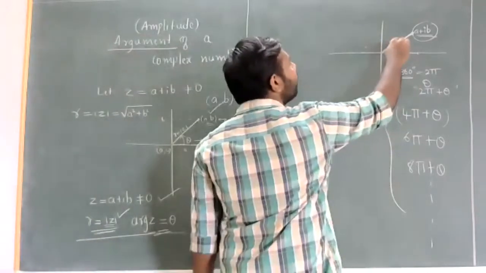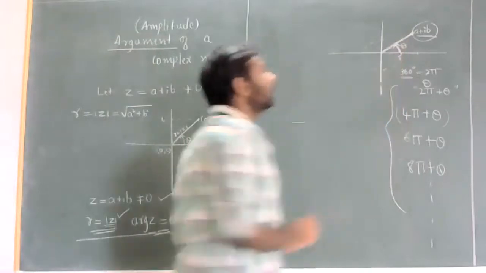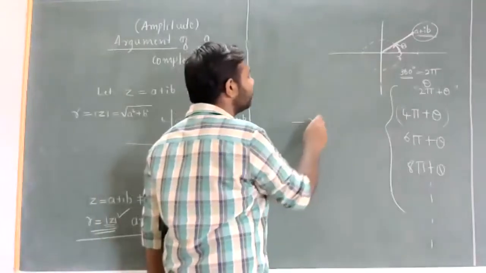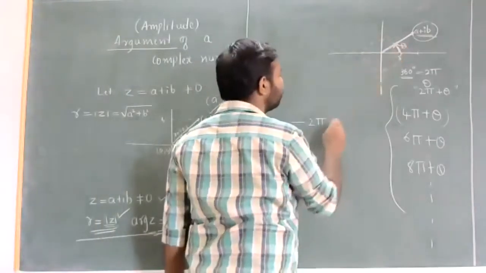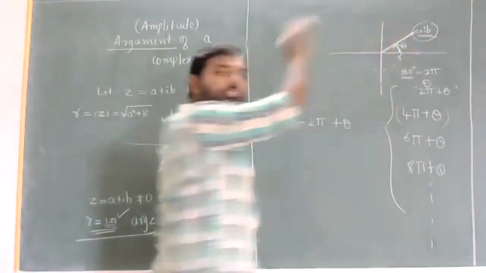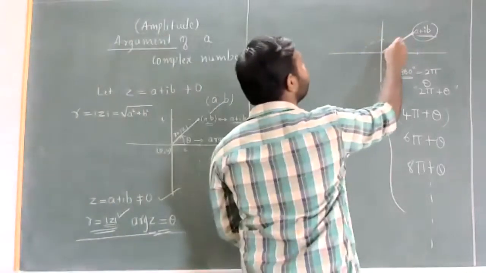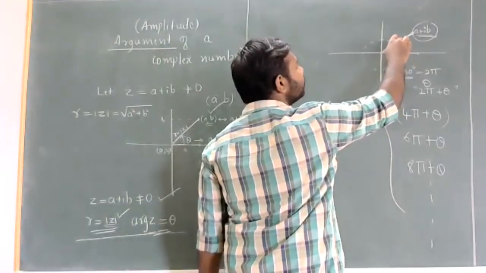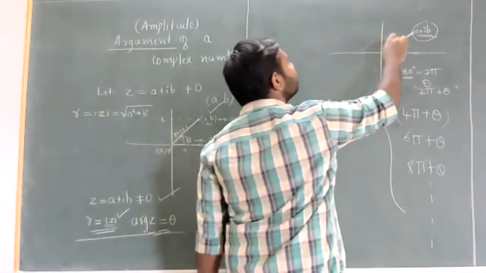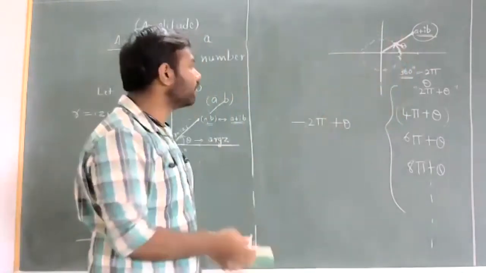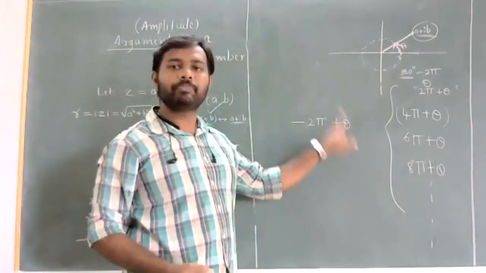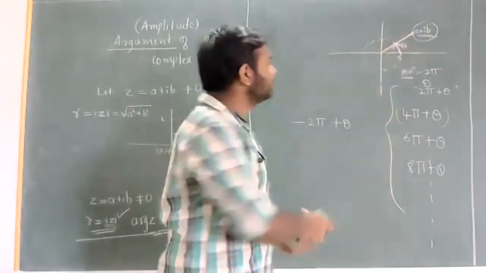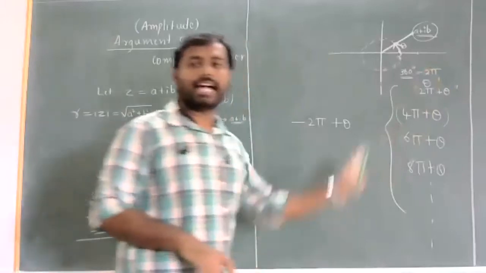Now from this point, if I go in the clockwise direction and complete a circle, the total angle will again be 2 pi. Just to indicate the direction, it is minus 2 pi. So minus 2 pi plus theta, which I have covered initially. Where am I now? I am in the same position. Theta first, then from this position in the clockwise direction, one circle. So I will be in the same position. What that means is minus 2 pi plus theta will give the same position of this line. So it is the same as theta.